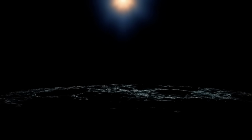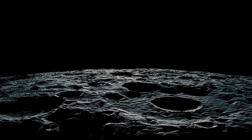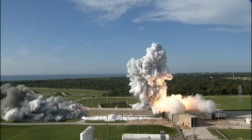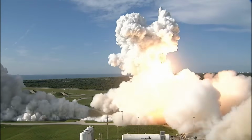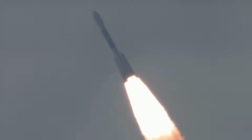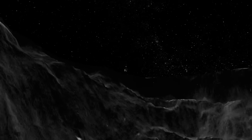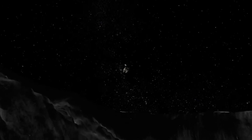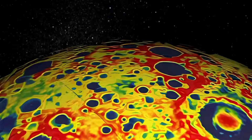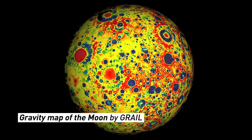This is our first tangible sign that the Moon is not just a cold, boring rock. Instead, it's dynamic, living, and breathing, with moving forces beneath the surface. NASA used new special tools to discover this: the Gravity Recovery and Interior Laboratory and the Lunar Reconnaissance Orbiter. These are both space missions designed to study the Moon, but they don't just look at the surface like a telescope. Instead, they help measure things we can't see with our eyes, like the Moon's gravity and how it changes